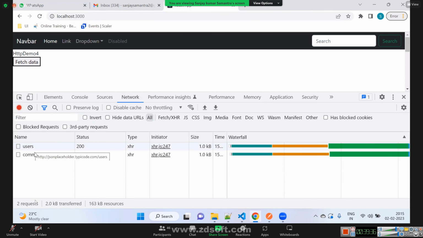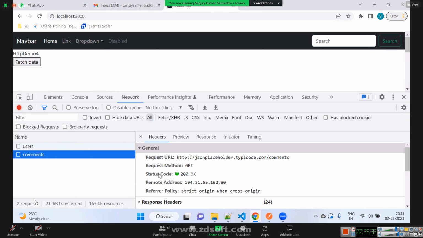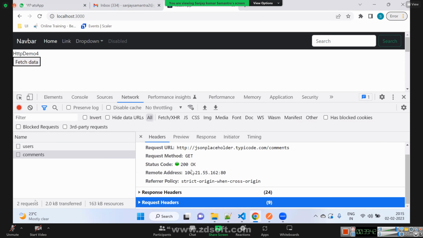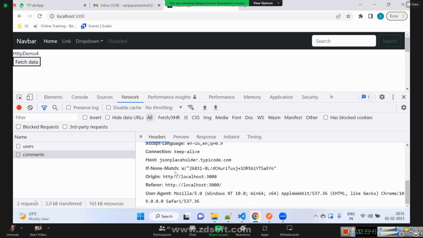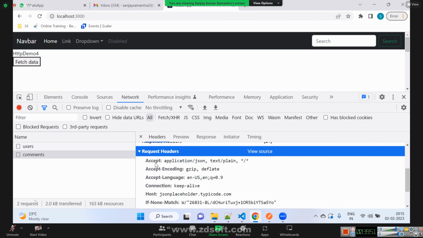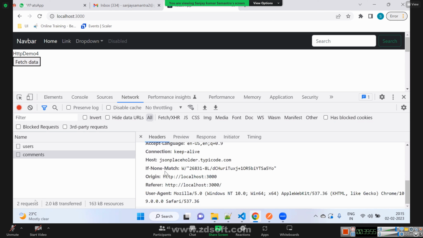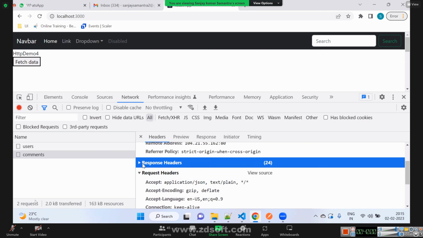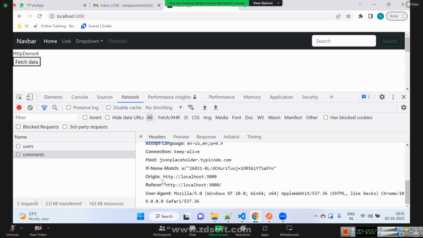One is users, one is comments. If you open one of them, how many request headers are there? There are 9 request headers. We have accept encoding, accept language, all these things we have.